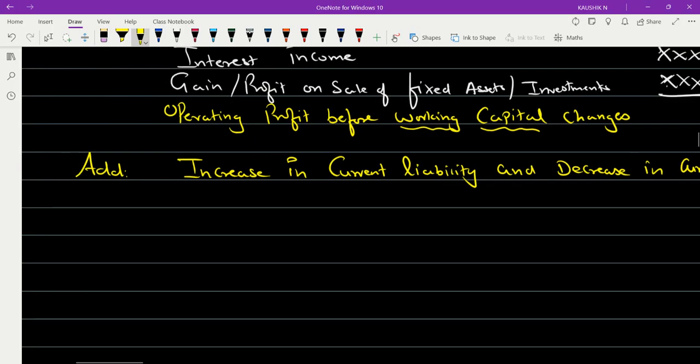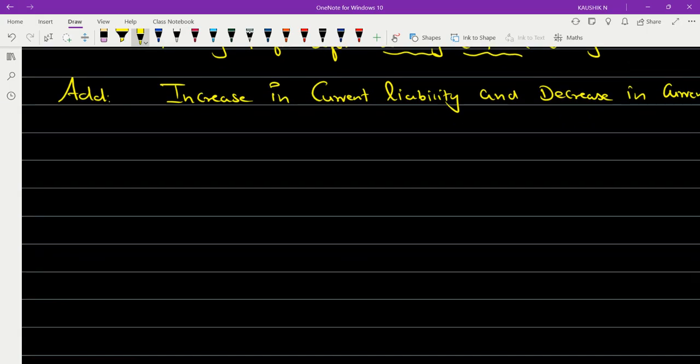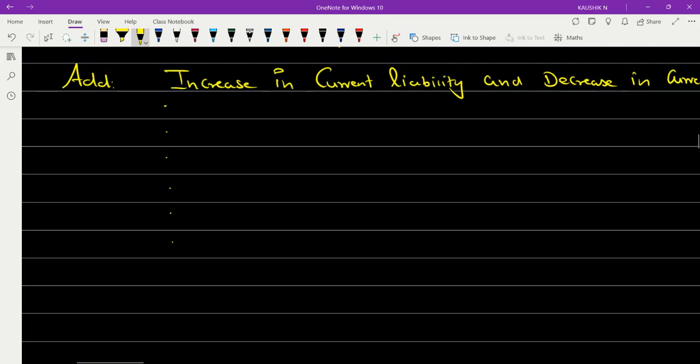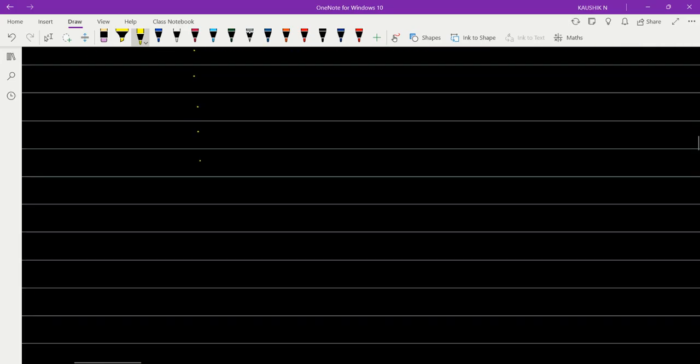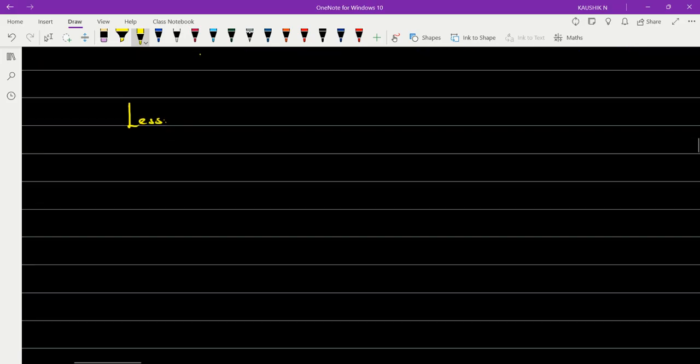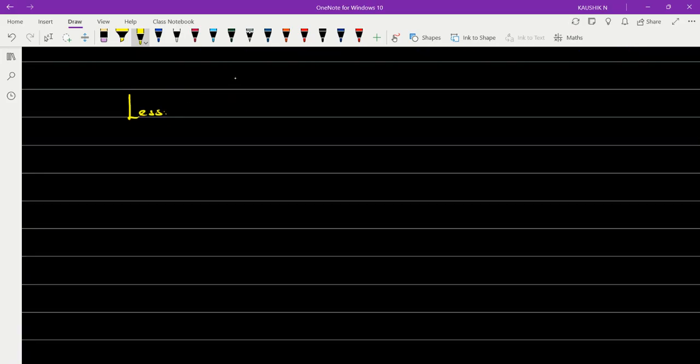இதை ரெக்கார்ட் பண்ணிட்டு ஒரு 4 5 லைன்ஸ் காலியா விட்டுருங்க. Okay, because we may get some items which we have to record here. அது கொஸ்டின் பார்த்து நம்ம பண்ண முடியும். Then write the heading as less. அப்போ அந்த ஹெட்டிங் குவைட் ஆப்போசிட்டா இப்ப தரணும். அங்க இன்க்ரீஸ் இன் கரண்ட் liability, அப்போ இங்க லெஸ்ல என்ன வரும், இன்க்ரீஸ் இன்